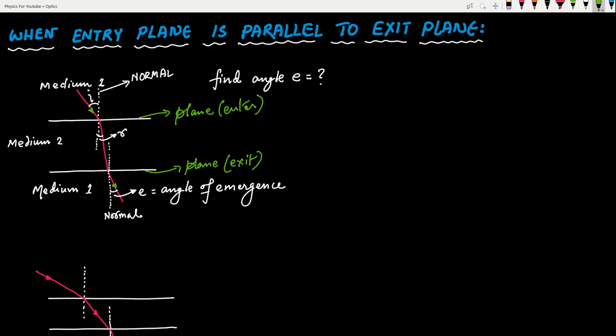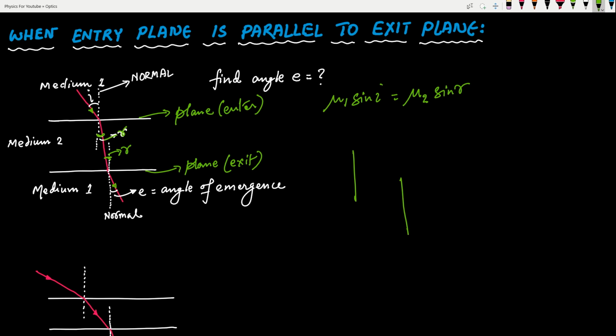This is very important. So the angle of incidence that the ray makes in medium 1 is I, and the angle of refraction is given to be R. We know from Snell's law that the refractive index of the first medium into sine of I should be equal to the refractive index of the second medium and sine of R. This is clear. Now if this is angle R, then this will also be angle R, isn't it? Because